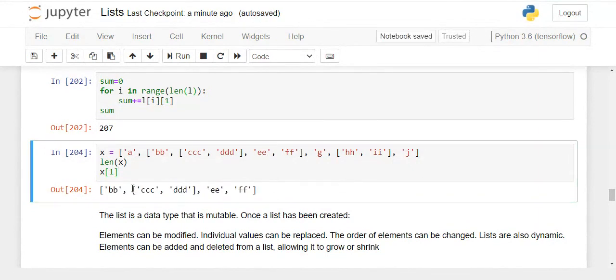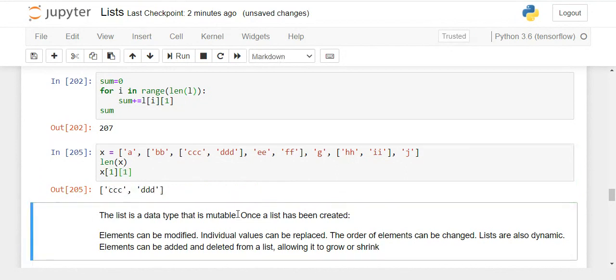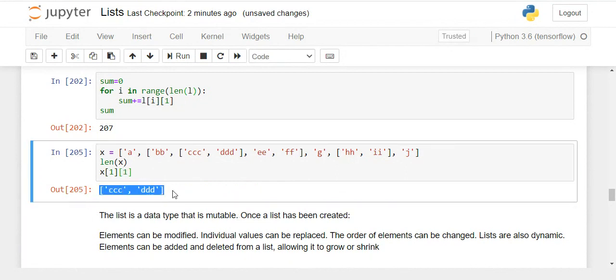Since DDD itself is a part of the inner list, first you have to go into this inner list. This inner list is present in the index number 1 of this entire list. This is index 0, this is index 1, this is 2, this is 3. So, index number 1.